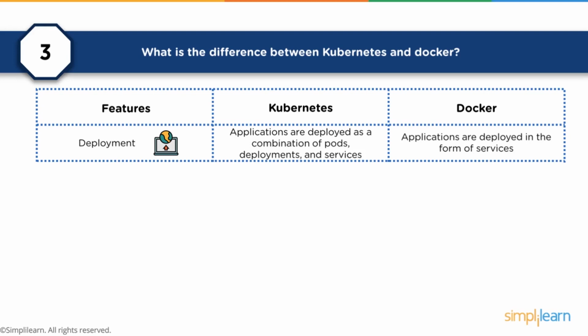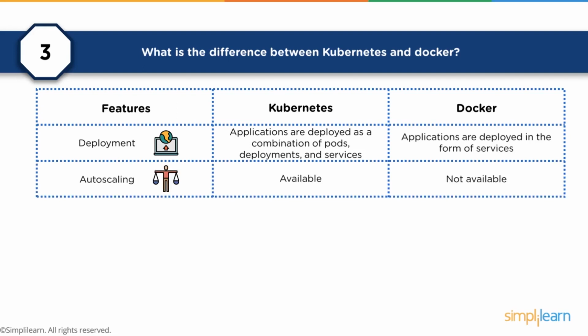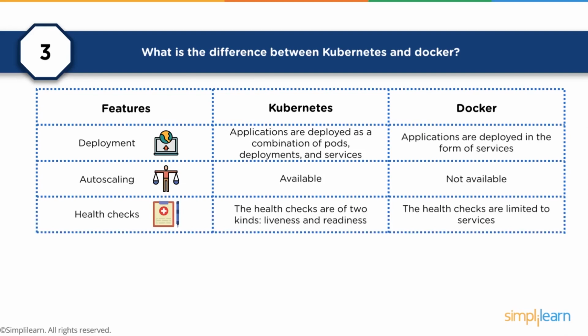So the actual application itself is put into the Docker container. Because of this difference, Kubernetes is designed for autoscaling and is highly available, whereas Docker simply isn't, because it doesn't have to worry about that within the container itself. The Kubernetes environment will check for liveness and readiness of the health of the entire infrastructure, whereas with Docker, it's just really going to check the services that are coming in and out of the actual application itself within the container.